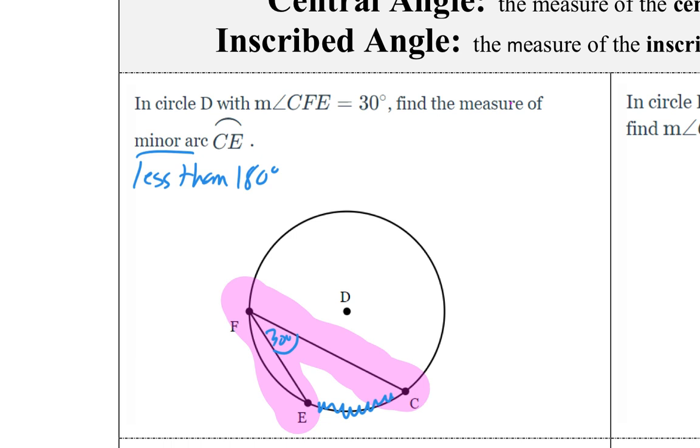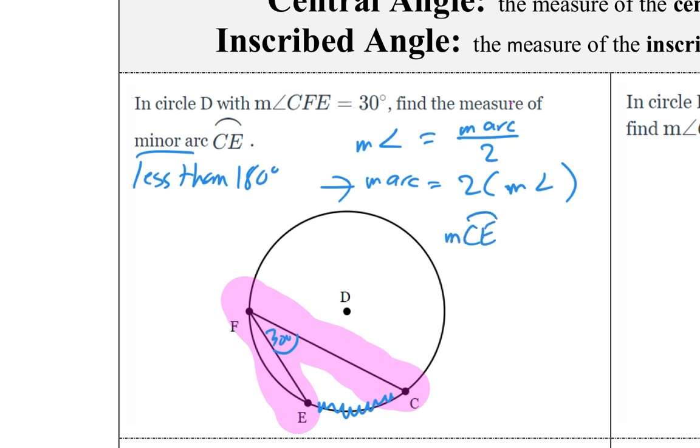Okay, so we said the measurement of the angle is equal to the measurement of the arc divided by 2, right? Or the measurement of the arc is equal to 2 times the measurement of the angle, right? So let's check it out. If they want us to find CE, they want us to find the arc, right? So let's use this one right here. Okay, so we're going to say the measurement of arc CE is equal to 2 times the measurement of CFE,